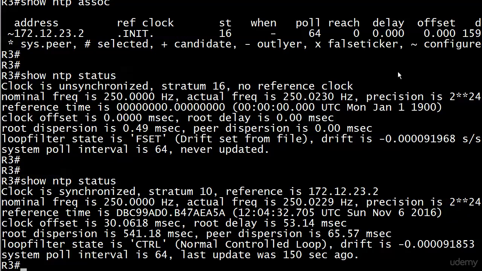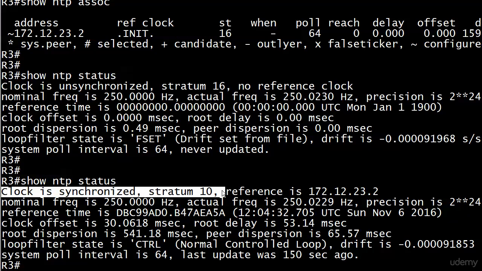And we're looking good. We've got show NTP status now. Clock is synchronized. That is the key. It's what we're always looking for. Notice now that we're at stratum 10, which is one down from stratum 9, which is where we're getting our time from. And there's the reference, and now the reference point being the device we're getting the time from, 172.12.23.2,